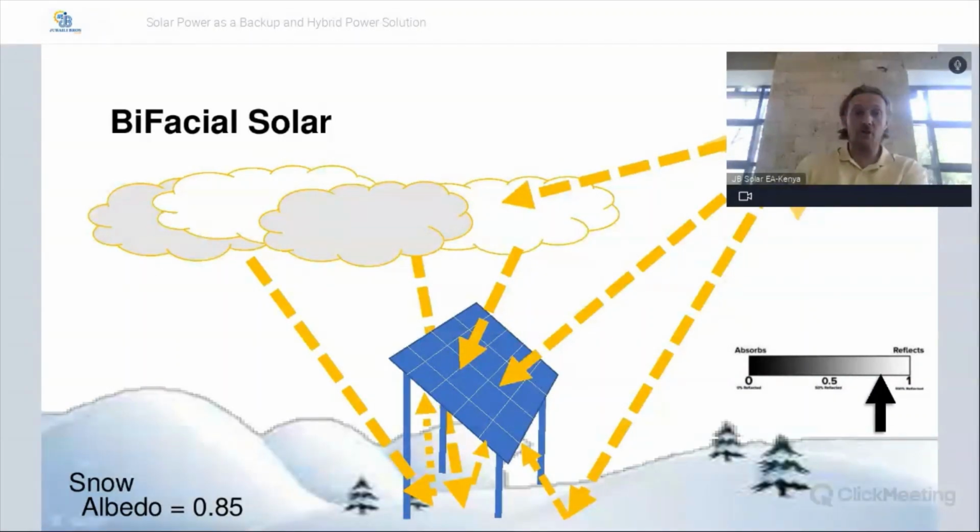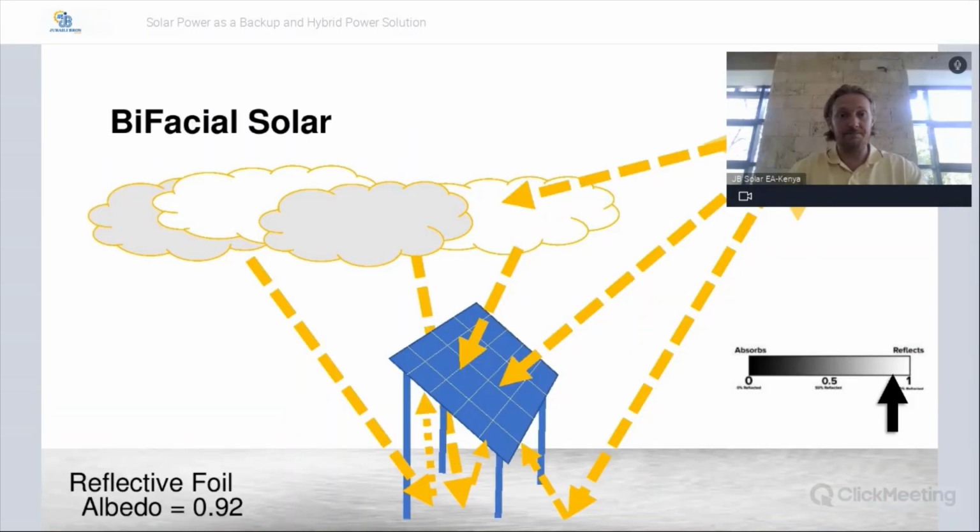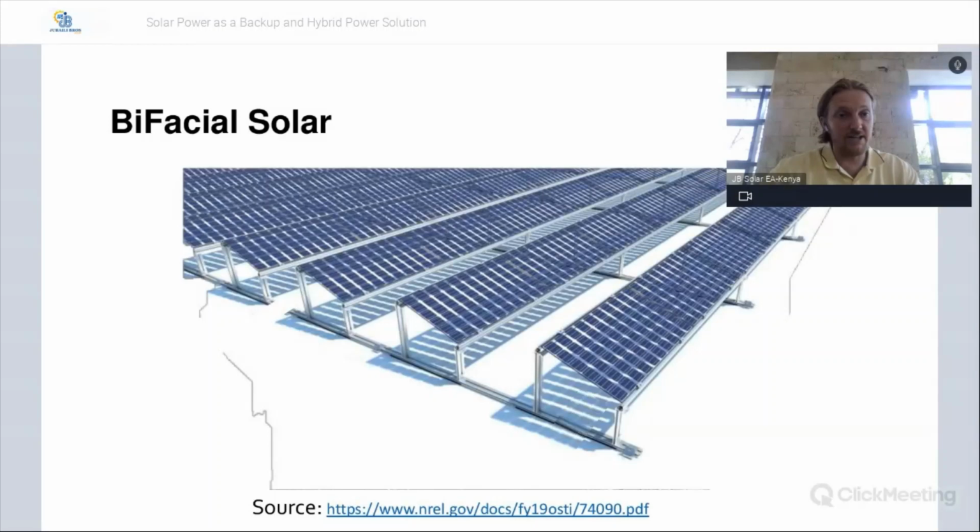And how about snow? Snow has a very high albedo. You're going to get a lot of reflected sunlight from the bottom that will reach the bottom of your panels. And the best would be reflective foil. It can have an albedo of up to 0.92. So that would be generating a lot of reflected energy on the bottom. But there's many considerations that you need to take into account